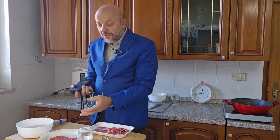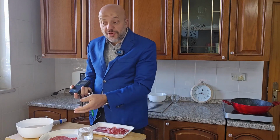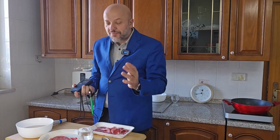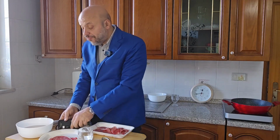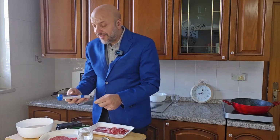So the processes of oxidation and aging not only cause the meat to age from an organoleptic, aesthetic, and visual point of view, but especially if the meat is left for a long time, it putrefies precisely because the oxidation processes continue. With this hydrogenated water, which is water rich in molecular hydrogen,